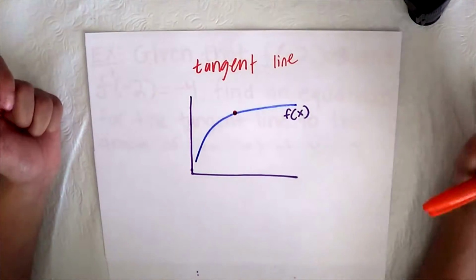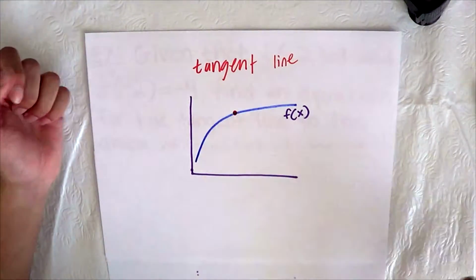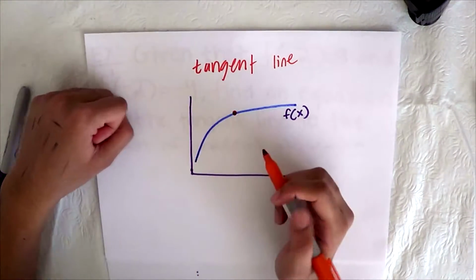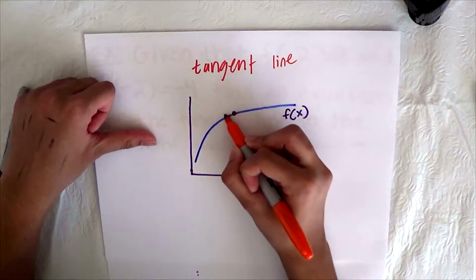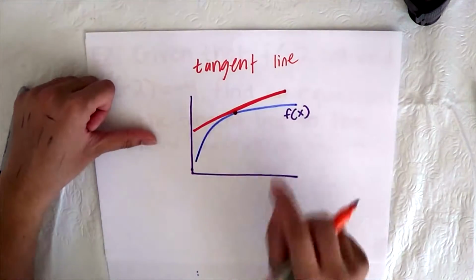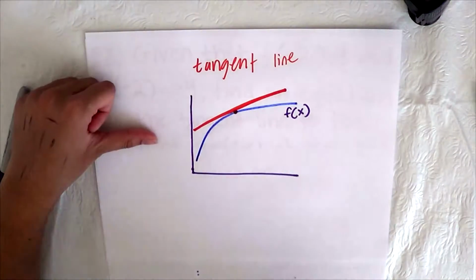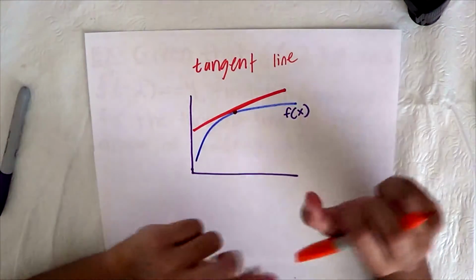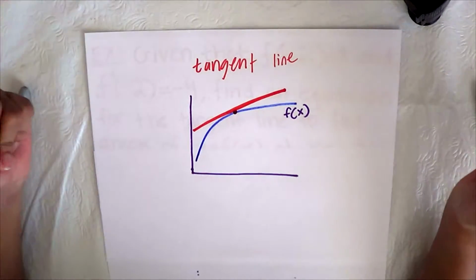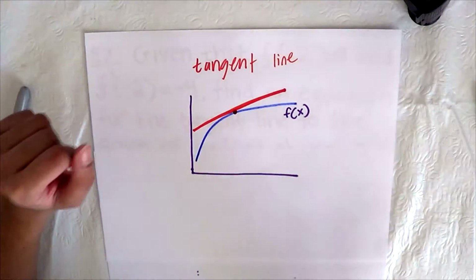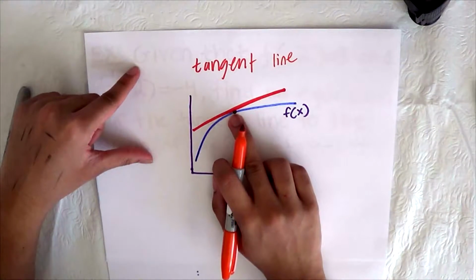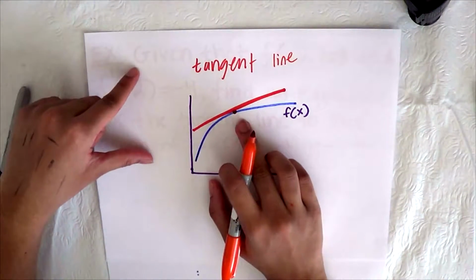You might have learned about this before, but a tangent line is basically a line that touches a curve at one point and doesn't cross over anywhere else, and it would look something like this. So it only touches the curve at one point. And in calculus, we like to use tangent lines because they tell us a lot about slopes, because the slope of the tangent line is equal to the slope of the curve, the differentiable curve, at this